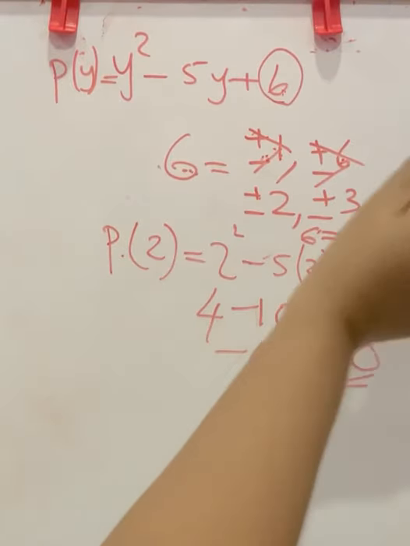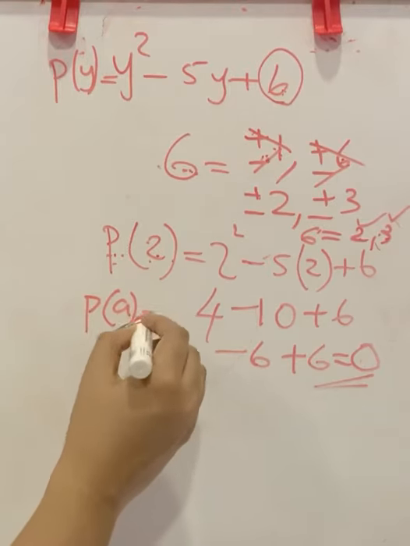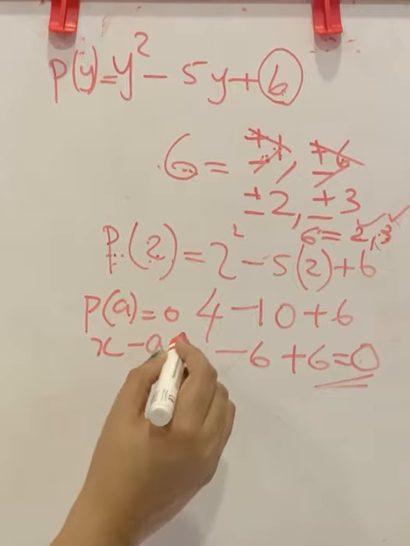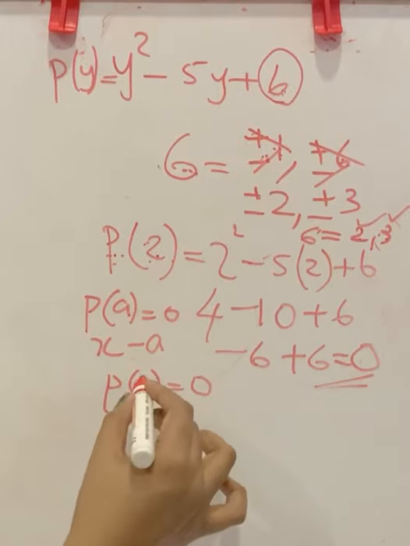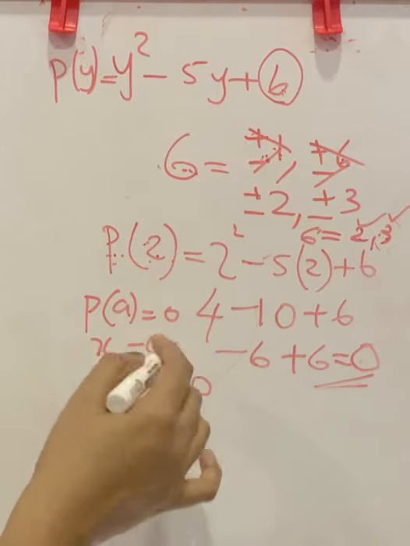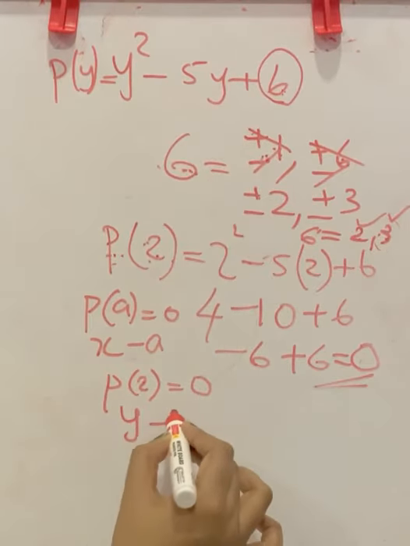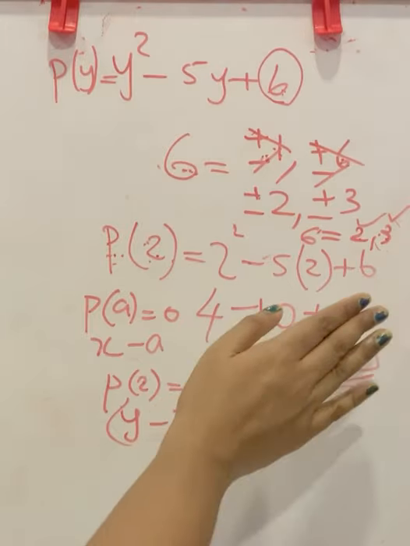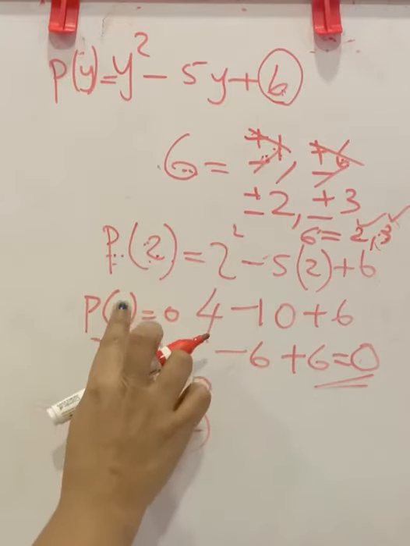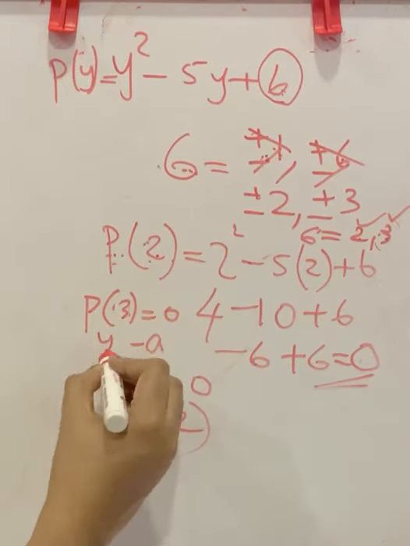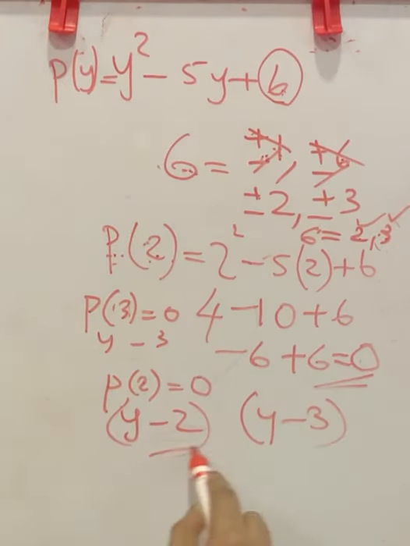So we got two factors here. From the factor theorem, we know if P of a equal to 0, then x minus a will be a factor. Here P of 2 is equal to 0, so actually x minus a is a factor, but this polynomial was in the y variable, so we have to say y minus 2 is a factor. Now from this it is proved that P of 2 and P of 3 are equal to 0. So if P of 3 equals 0, then we will say y minus 3 is also a factor. That is the reverse of the factor theorem. So these are two factors.